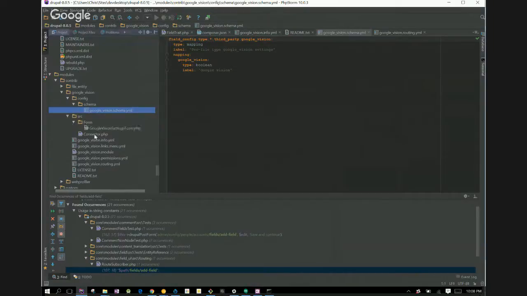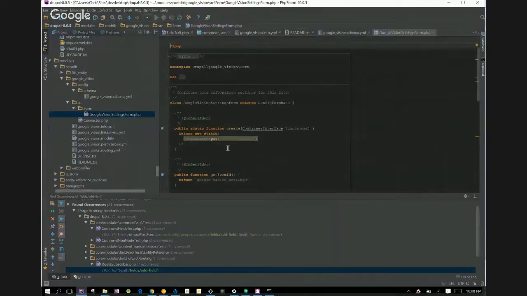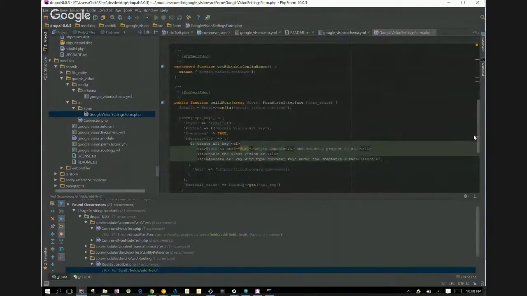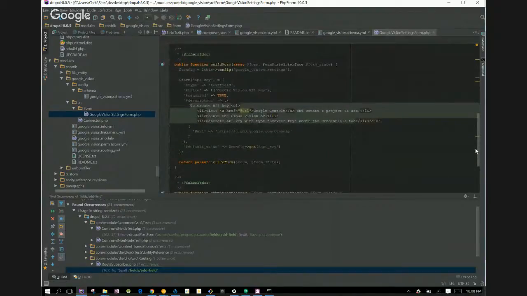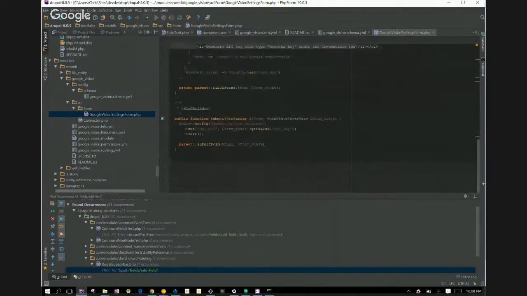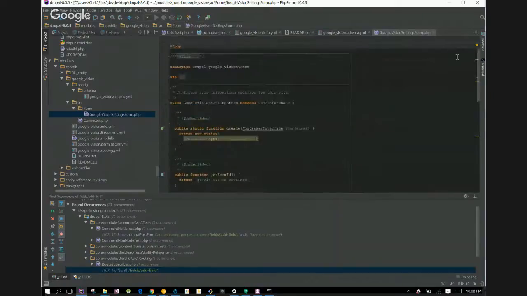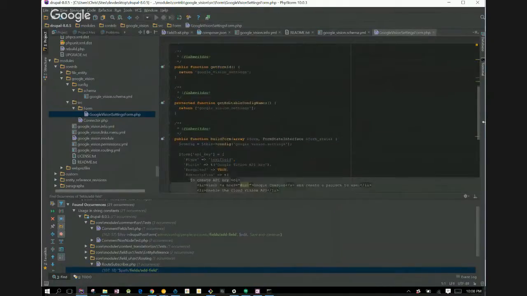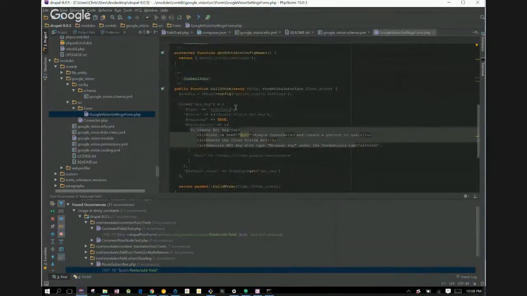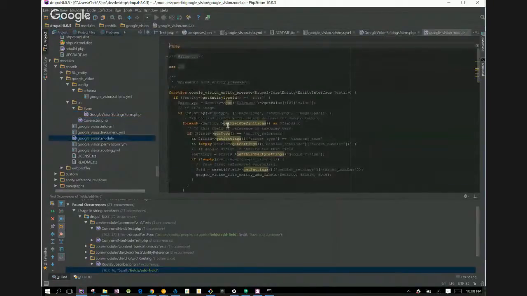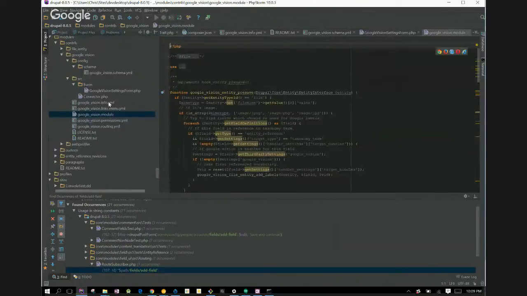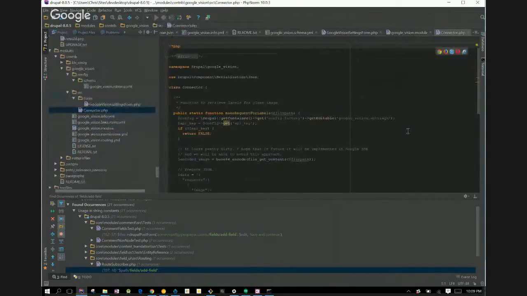That seems not all that interesting. This controls the actual settings form. It's neat that we're not really seeing any red show up. This is kind of boring too. This is just the work that it's got to do in order to get that settings form working. So it seems like the interesting files are this .module file and the connector itself, which